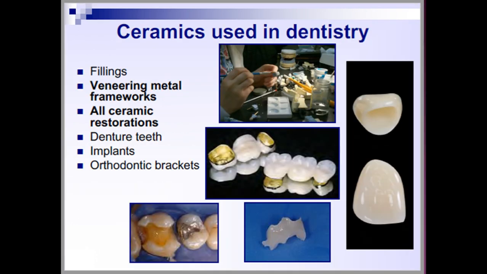So let's come to the classifications. How are we going to classify these ceramic materials? We can classify ceramic materials under different headings. The first one is according to the composition, then according to processing procedures, then according to various materials used at various stages of ceramic firing, or we can call it ceramic sintering or fusing and all those things.